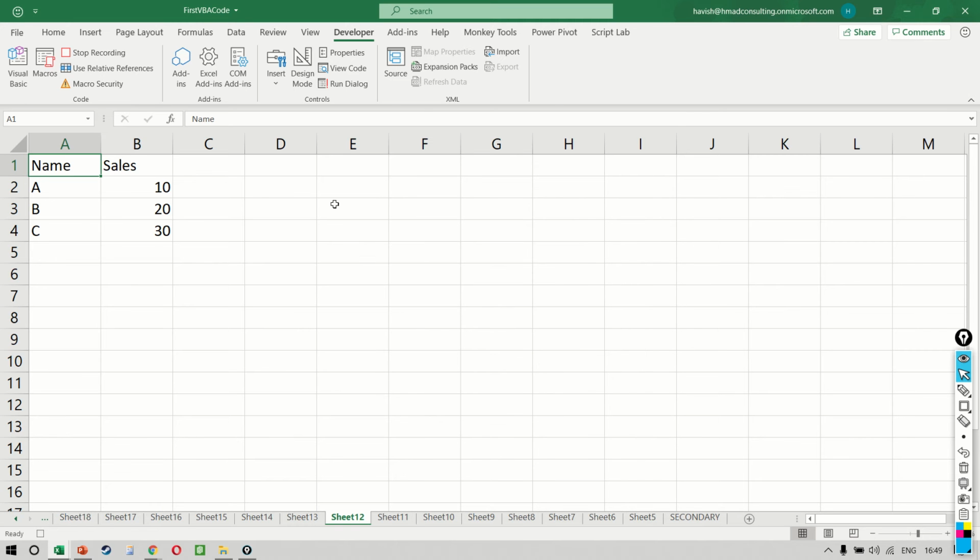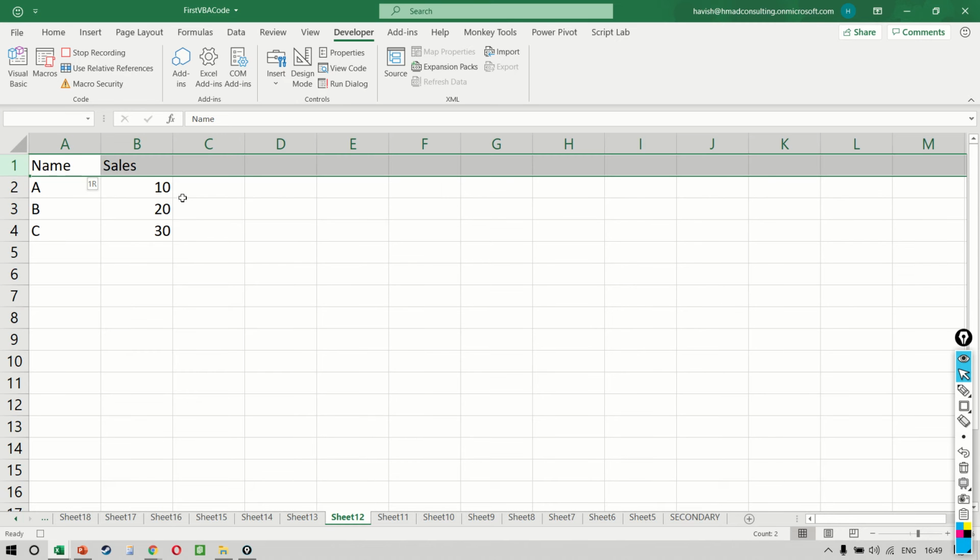Now you notice that the button has changed to stop recording. This means that every single command that we are performing, which can be the smallest of things, maybe going from one cell to the other cell, adding a sheet, writing a formula, changing the color, every single one of these commands will be saved in the VBA window. So let's not worry too much. Let's just continue to work how we would in any case have worked.